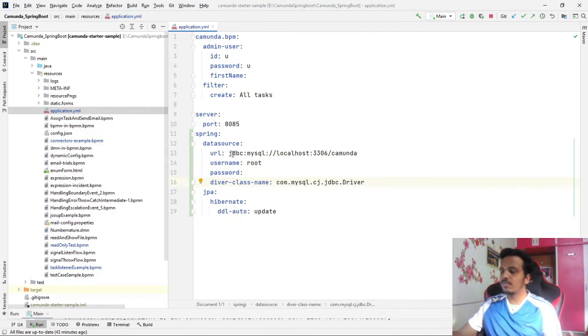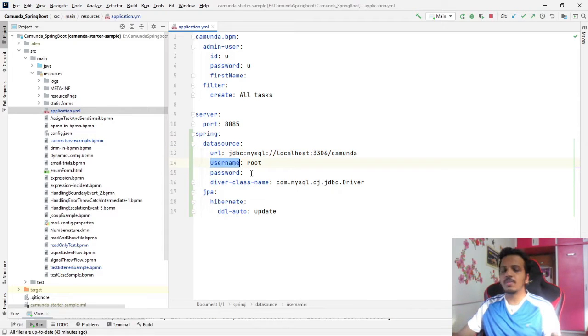This format you will find: jdbc, then mysql, then the URL, and in that URL which database, because my server might have different schemas and databases inside it. Out of that I want to connect to the Camunda database. Give any name. Basically, if the database doesn't have tables, what is the default behavior of Camunda? It will create the tables. So if I write ABCD here, it will create a schema or database called ABCD, and it will create the tables. Okay, let's put it aside.